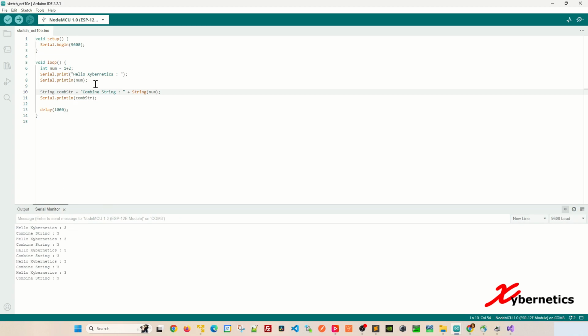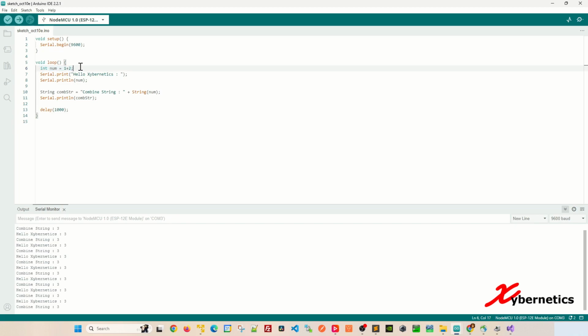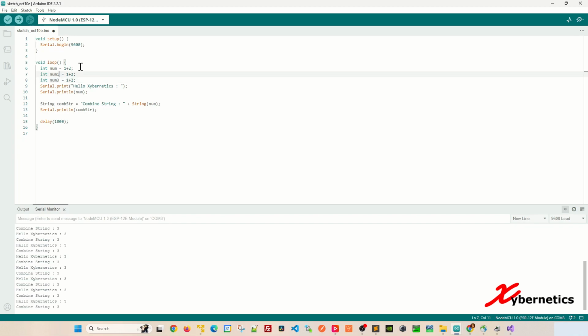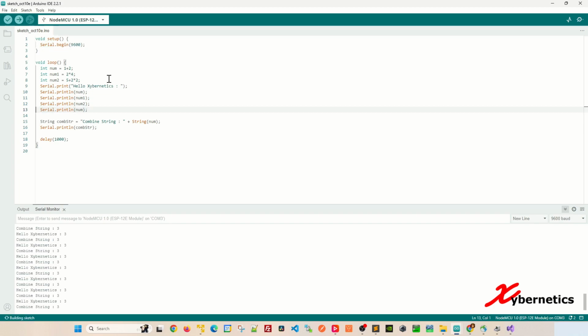So the difference between these two is that let's say, for example, you have multiple variables that you want to output. Let's say this one here, and then you got 3 here like this, and this is 2 times 4 here, just creating multiple variables here, 5 times 5 plus 2 plus times 2, something like that. So you got 3 different variables. If you want to use the first technique, basically what you end up doing is this. Let's say, for example, num1 and 2 here, and just as a divider so that they don't look combined,